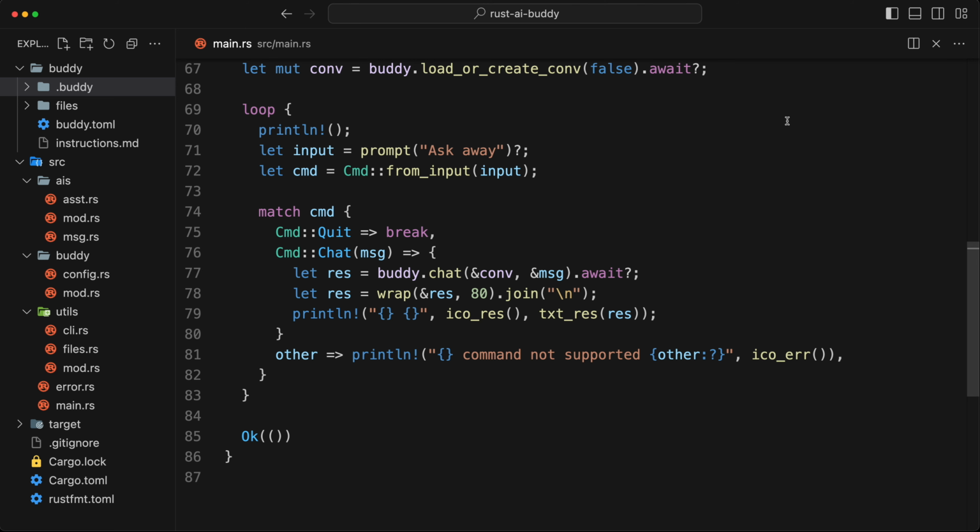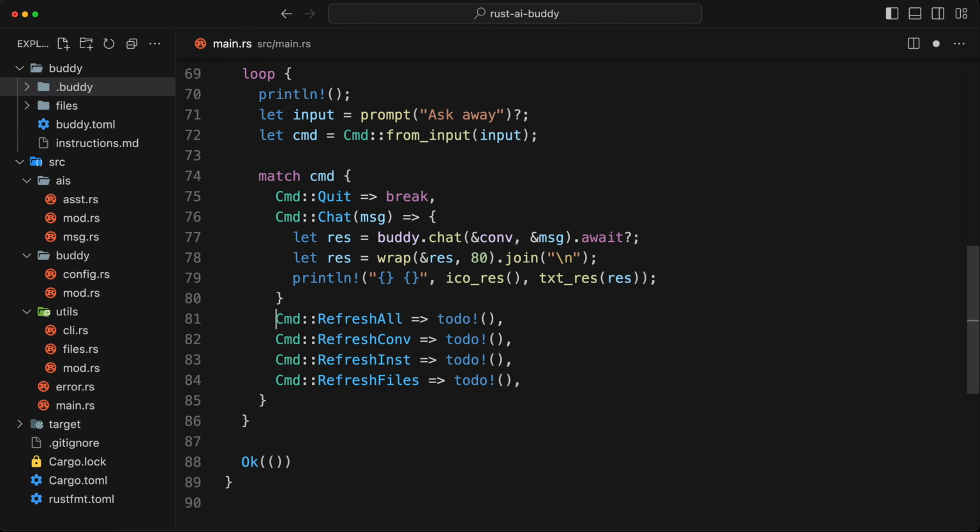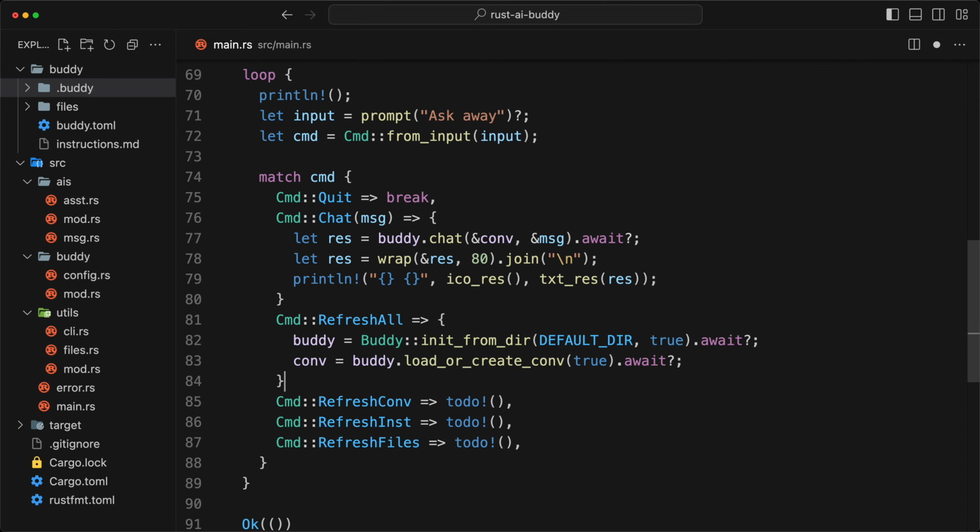One thing we're going to do to finish our command line is to complete all of the cool commands we have. So I'm going to fill this in, press save for the reformat, and then we're going to fill up these guys, which is going to be trivial now. So the refresh all, super easy. We're going to do an init from dir, the whole thing, and then we're going to have a buddy load